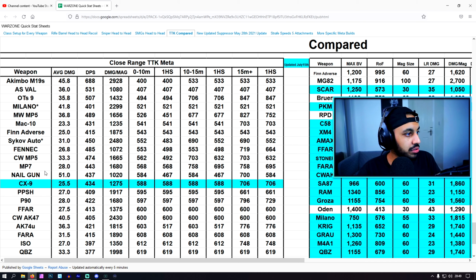And what we'll be able to see here is the CX-9 is highlighted in blue, which is very convenient for us. And as you can see right here, below 10 meters, which is the most important thing when it comes to SMGs, the TTK of this gun is 588 milliseconds. Now, that is pretty competitive considering all the nerfs that have taken place inside Warzone. But even still, when you compare it to some of the other weapons in the game, it still doesn't have